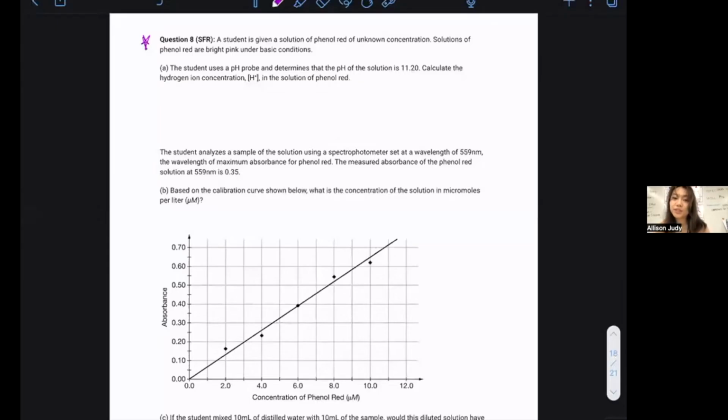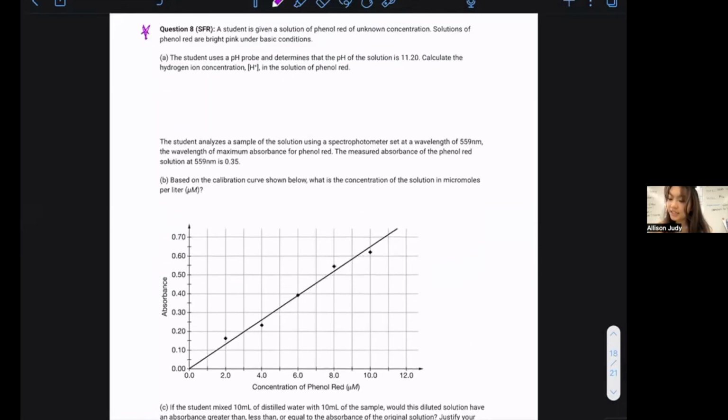All right, AP students, welcome to more AP titration questions. Today we're actually going to go through two free responses, one complete short FRQ and one portion of a long FRQ. And our first FRQ that we're going to go through, question number 8 on page 18 in your Unit 8